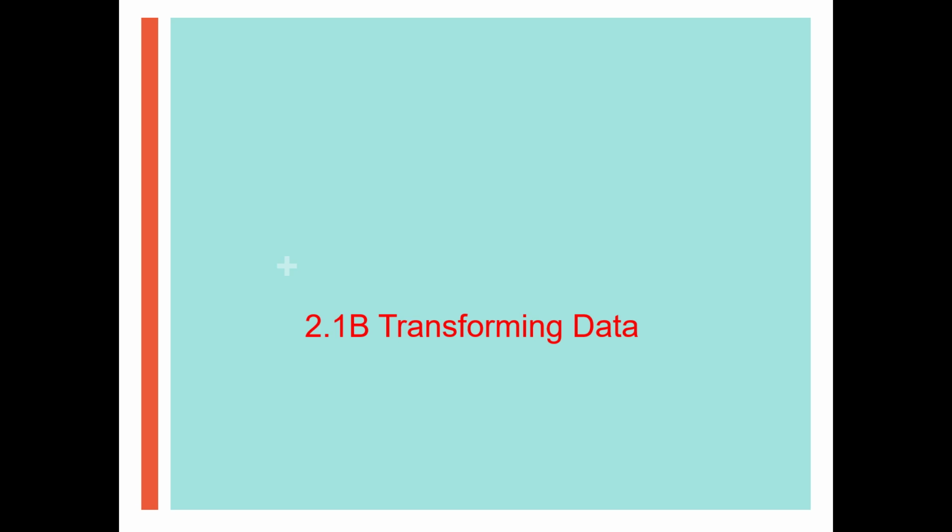So today we're going to be looking at first 2.1b in this first part of the stream, which is about transforming data, and then a little later on this morning, probably about 9 o'clock, possibly a little earlier depending on when we finish this one, we'll start talking about the normal distribution, which is the 2.2a material. So with transforming data,